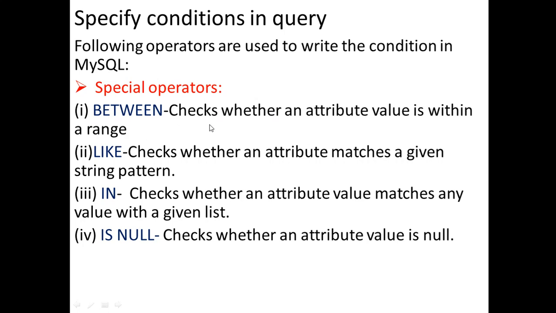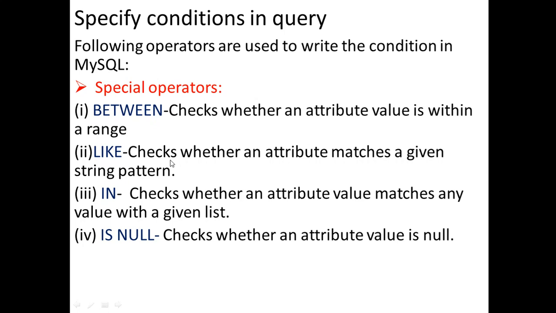That some values are there, like the salary. You want to see the salary column, the salary of the employee, whose employee's salary is in the range of 50,000 to 1 lakh, or 20,000 to 50,000, or 50,000 to 70,000. So this range which you are specifying, like 50,000 to 80,000, within this very range, if you want to check which employees come under this category, then we will be using the between operator. And just the reverse of the between operator, there is not between, that you had already seen.